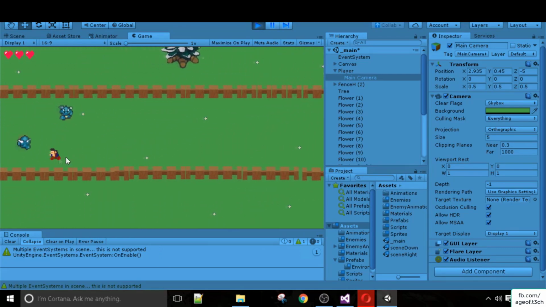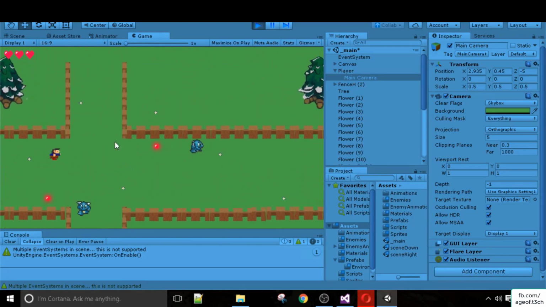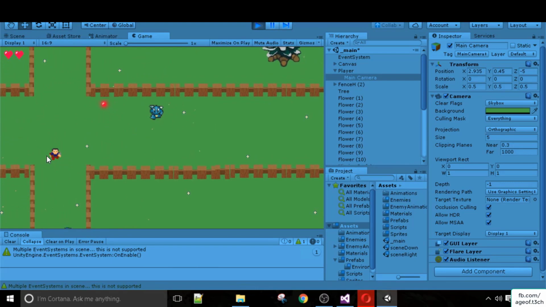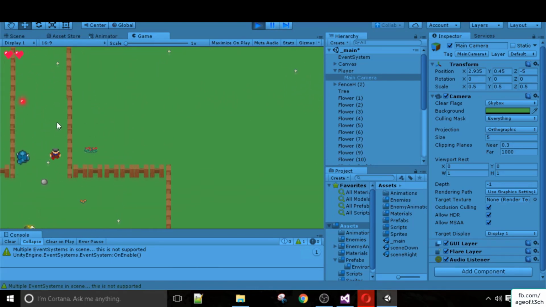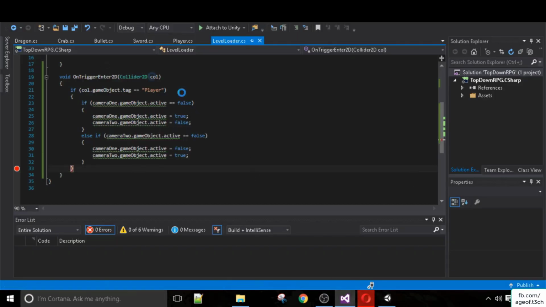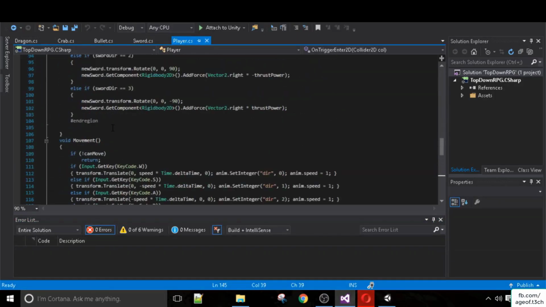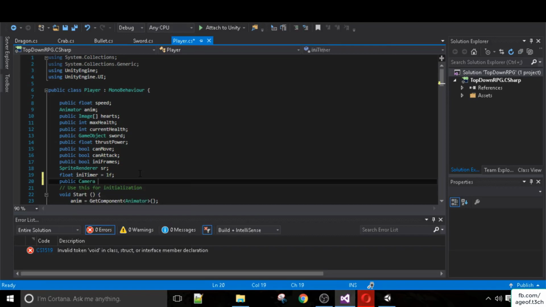We can see that the camera isn't really centered properly. It is centered, but the player is always kind of to the left. Well, we can fix that with no problems. So let's go ahead and do that. I will open up the player script. Reload these things. Open up the player script and get a reference. Let's say public Camera cam,